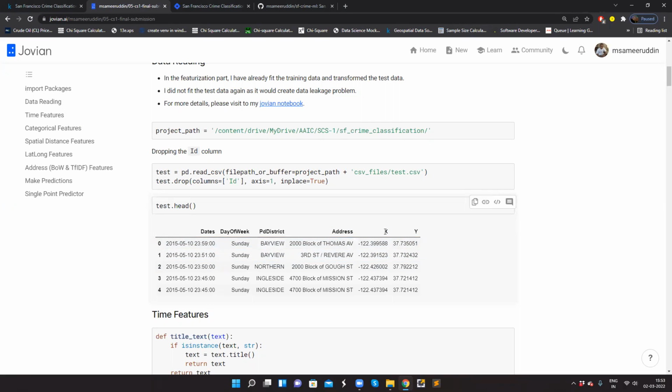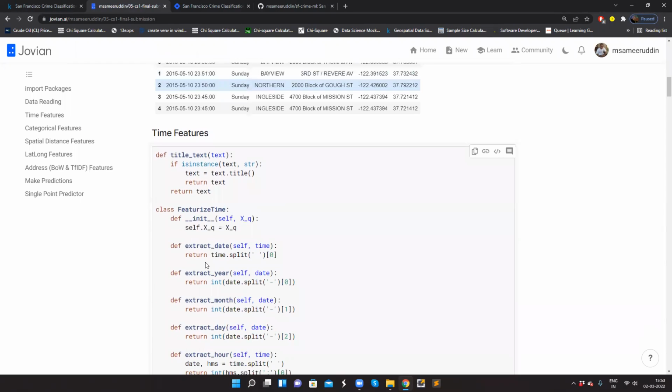And for X and Y, basically latitudes and longitudes, we have to extract features like distance-based features, arithmetical operations on coordinates. So everything we have to extract. And this has to be done for the original data, original test data. In production, we do not pass the featureized test data. That's the only problem. So to solve that problem, we come up with a final pipeline approach